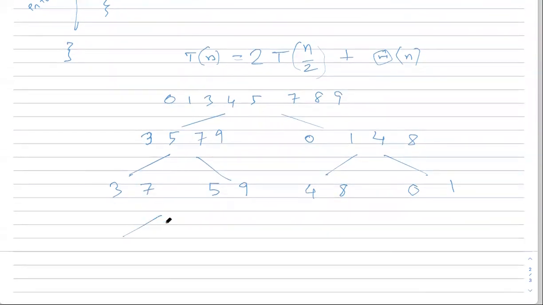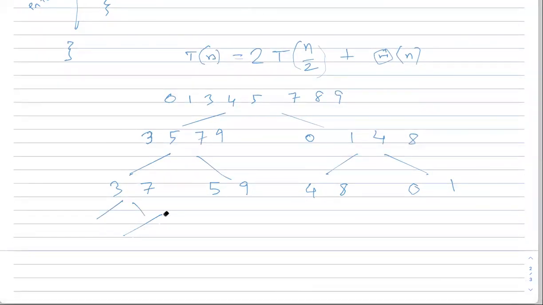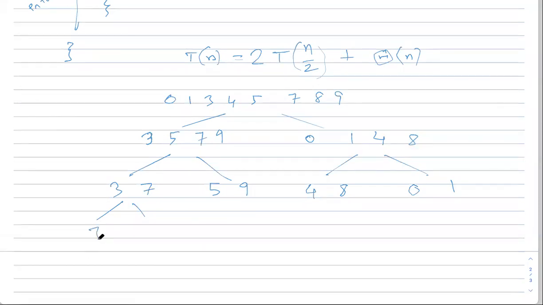And then I have got 3, 7, and then 5, 9, then 4, 8, 0, 1. So the way to see it is that I